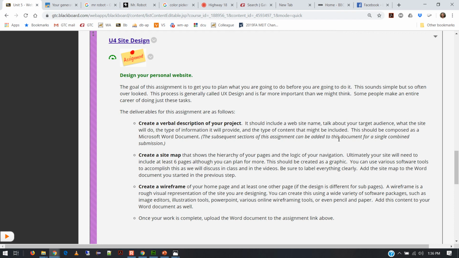Next, I want you to start to create a rough wireframe. Now you can do this a number of different ways. In the most primitive, you could draw it by hand and snap a picture of it. That would be one way to do it. What you might want to consider doing, though, is maybe taking a tool like PowerPoint even, and this seems like